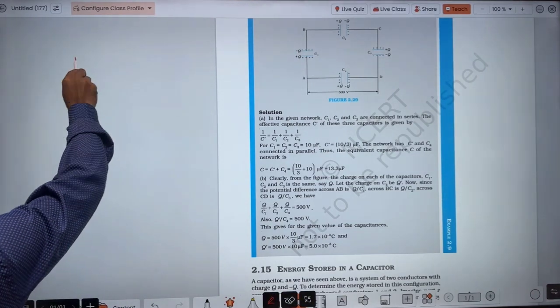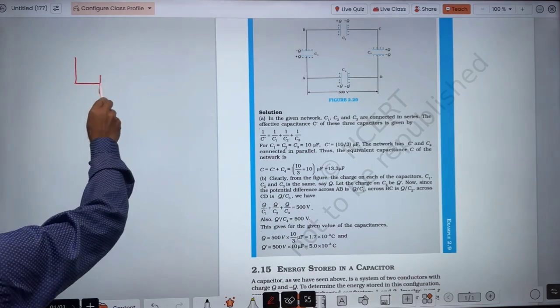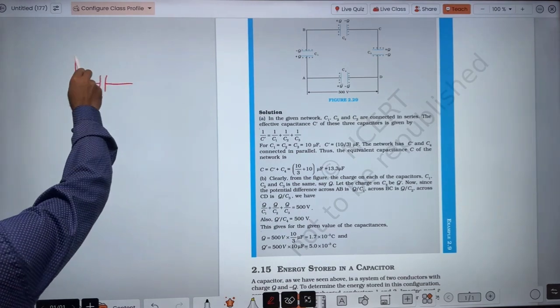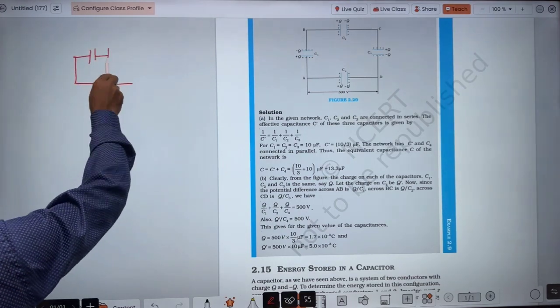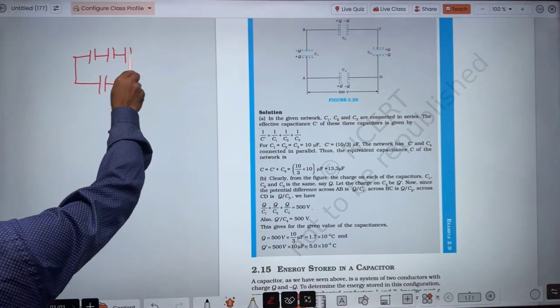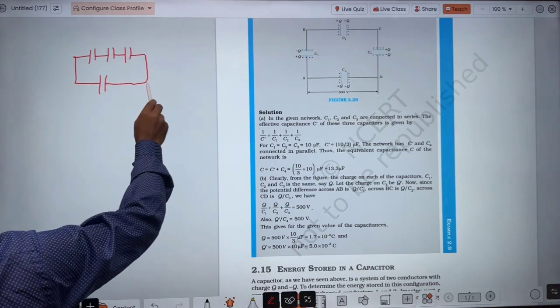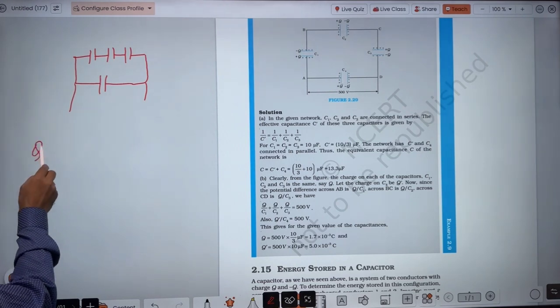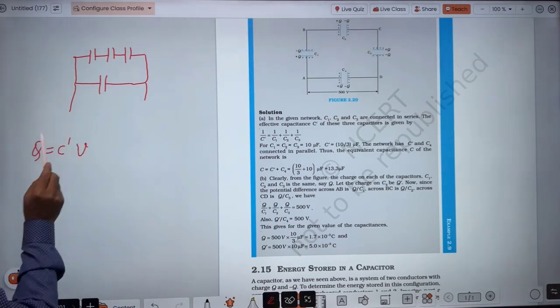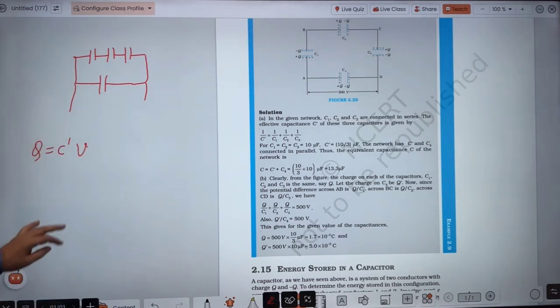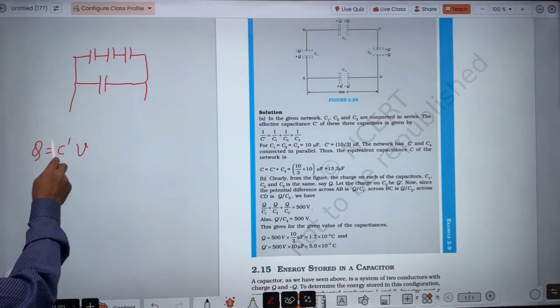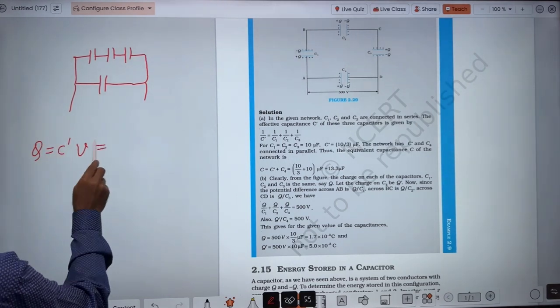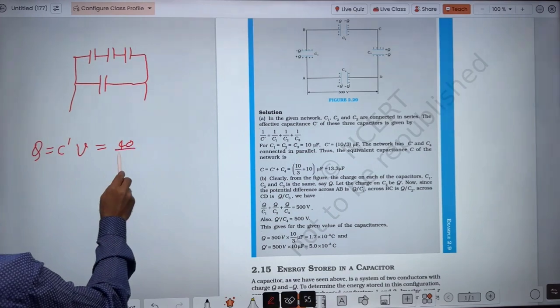Either we can draw a diagram like this. Suppose this is C4, as I told you. If you want to find the total charge, you can apply Q equals C dash V. So the total charge you will get, you have evaluated the total capacitance as 40 by 3